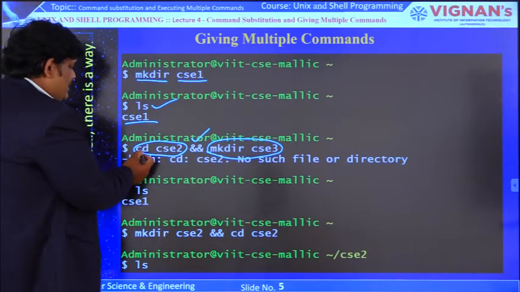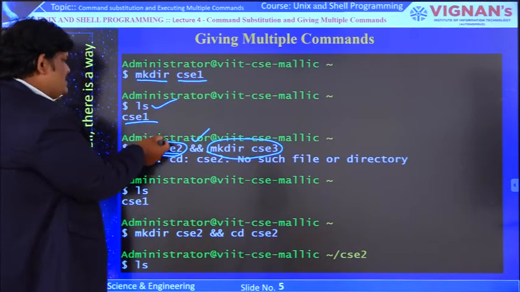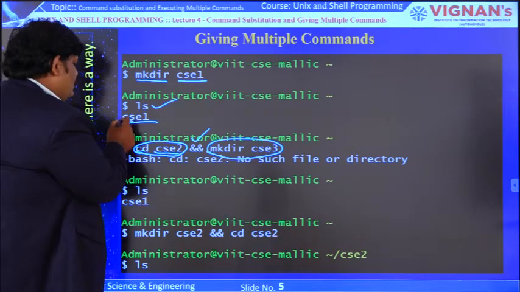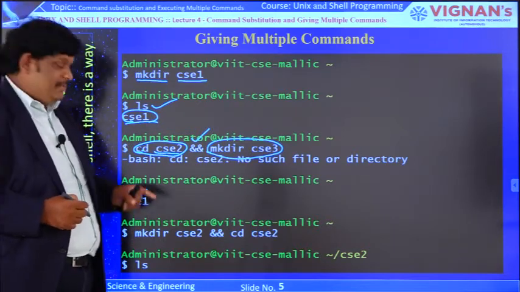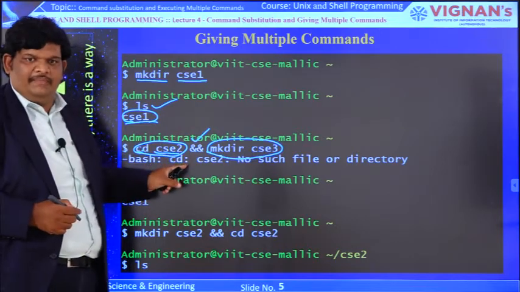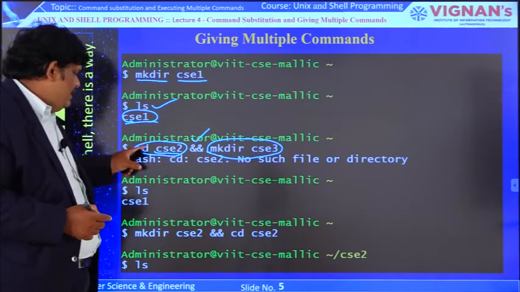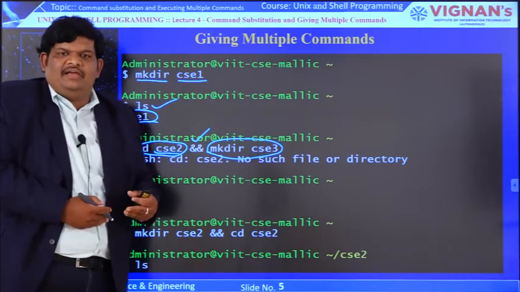Now we have written cd space CSC2, but previously in my present directory only CSC1 is there, there is no CSC2. That means we know this command will not execute successfully. Why? Because we are trying to enter a directory which is not present in our current directory.